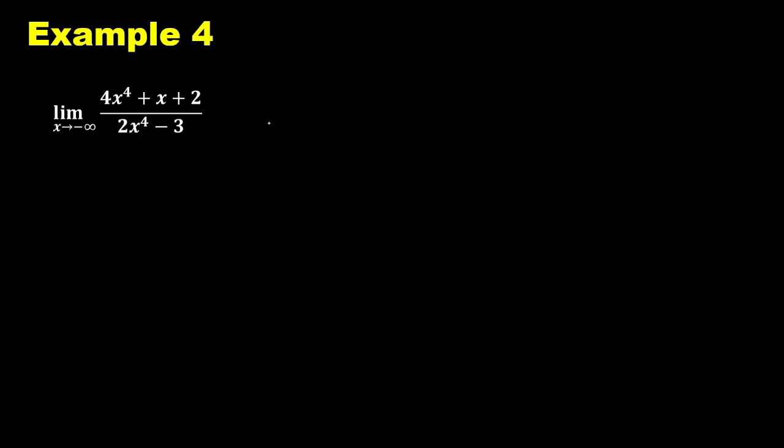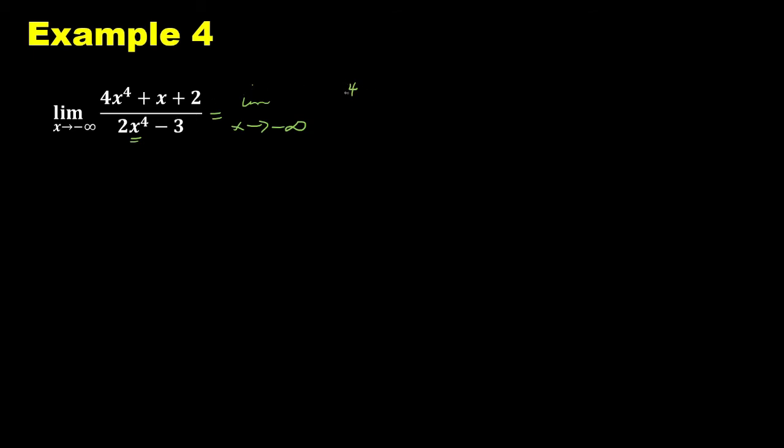Let's say, for example, 4, we have the limit of (4x^4 + x + 2) over (2x^4 - 3) as x approaches negative infinity. The variable x with the highest degree in the denominator is x raised to 4. So we have the limit as x approaches negative infinity, and then we're going to use x raised to 4 as a denominator of all the terms of our rational